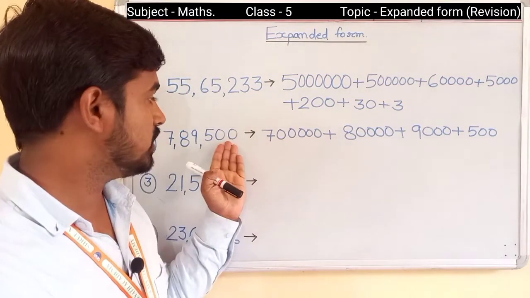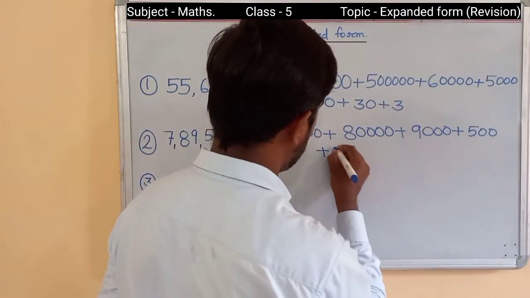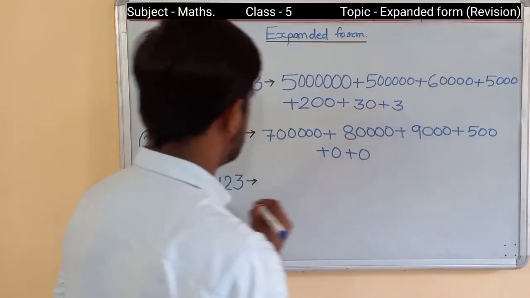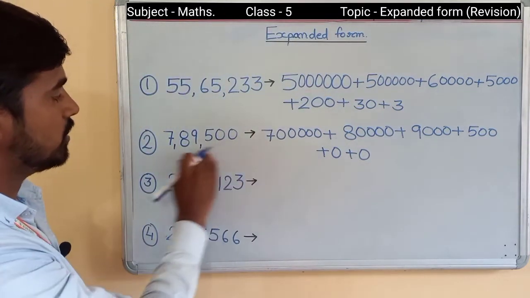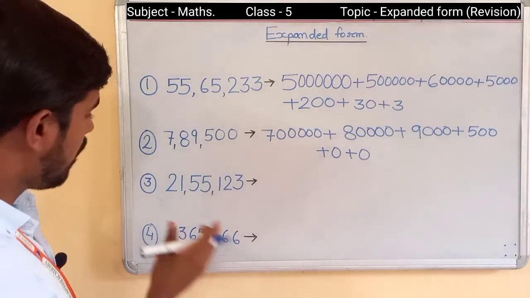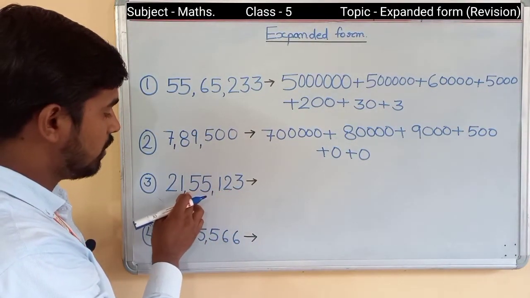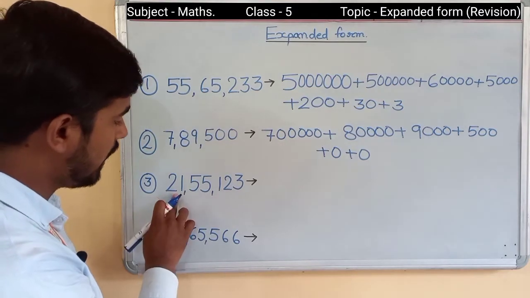So write this 0 as it is. So plus 0 plus 0. This is the expanded form of this number, 7,89,500. Okay, children. Now come to this number. Ones, tens, 100, 1000, 10,000, lakh, 10 lakh, 21 lakh,